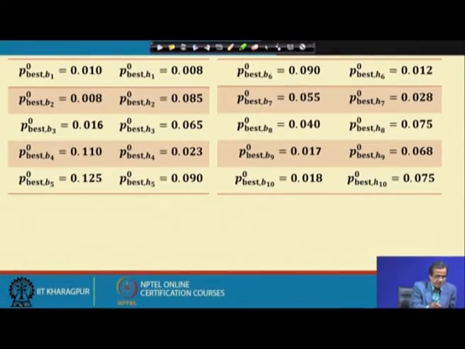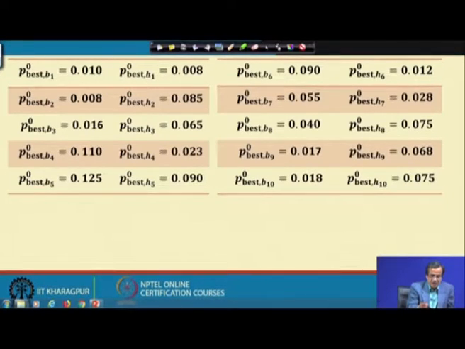For example, say P best comma B1 with respect to 0, that means corresponding to the first iteration, what should be the best value for this particular B1, and that is nothing but 0.010.